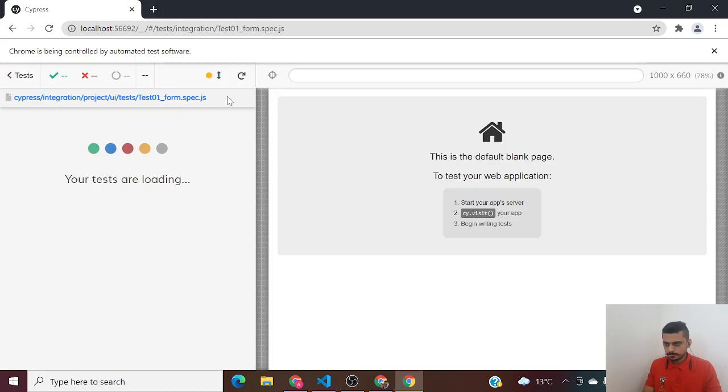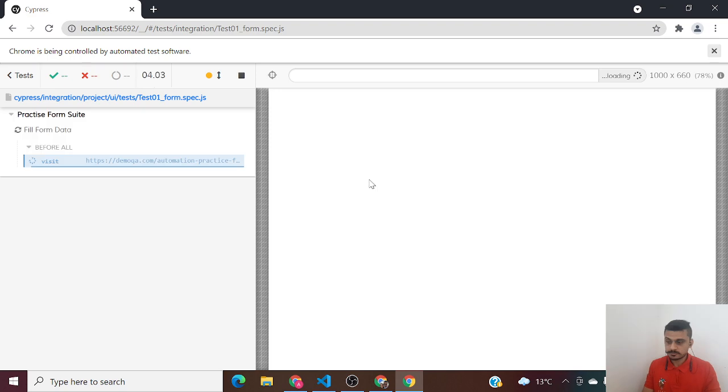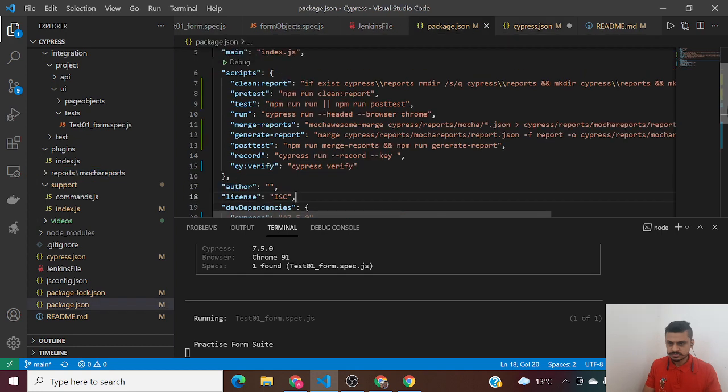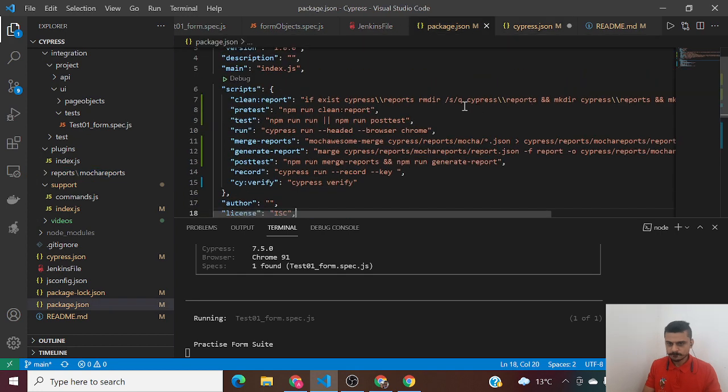Probably it will run the test case that we have designed from our skeleton framework, and then it will give us a Mochawesome report. Meanwhile, while that executes, I want to show you what is happening over here. It has created the reports folder, and it has created the Mocha reports folder. The Mocha folder would also come, just hold on for a second. So this is our package.json file. Now we have got this folder.